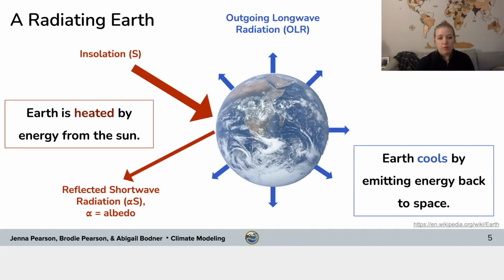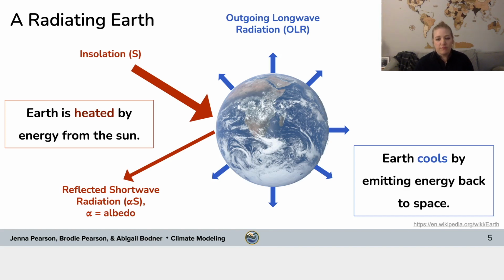But first, let's define what we mean by energy balance. So energy balance is when energy coming in is equal to energy going out. In terms of Earth, it receives and is heated by radiative energy from the sun, called insolation. This is short for incoming solar radiation. Some of this insolation is reflected off pale surfaces, such as ice, snow, and clouds. And then the remaining portion is absorbed somewhere in the Earth system. Earth then warms from this absorbed shortwave radiation and re-emits its own energy back to space called outgoing long-wave radiation,